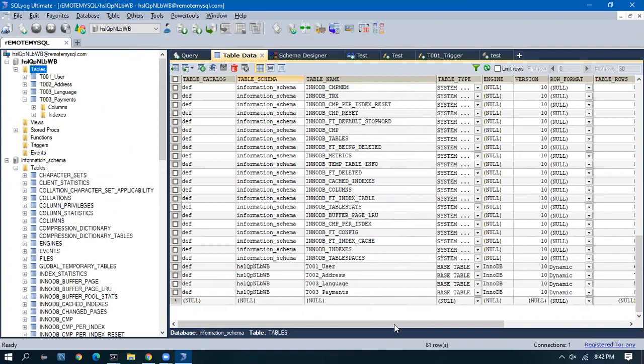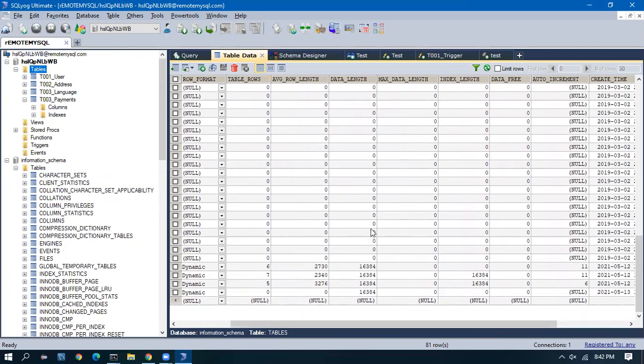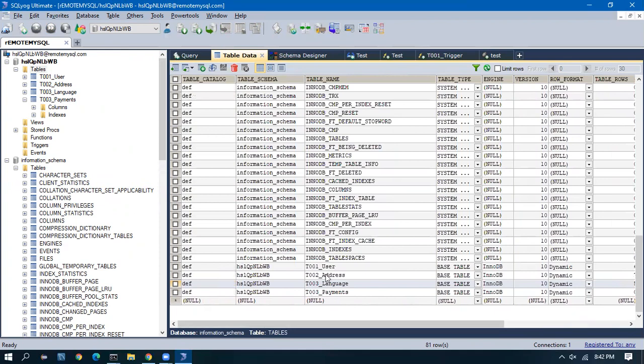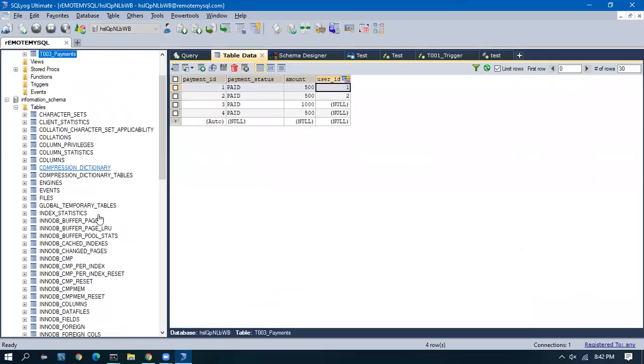That's a base table. It has its own data and row length, the average row length, data length, how much the index is occupying, what the auto increment is. All these things are available here. This would be useful to debug and to identify the tables, and if there is a mistake happening, we can identify it.